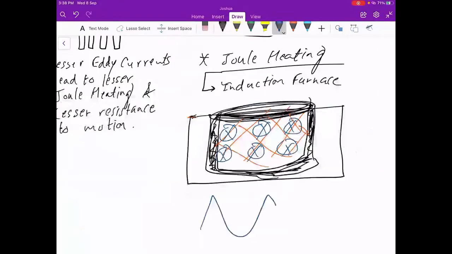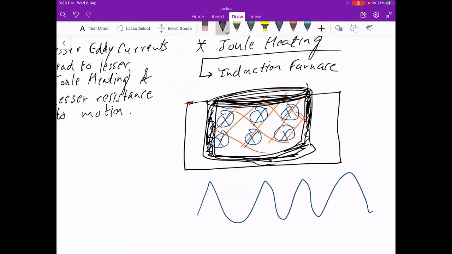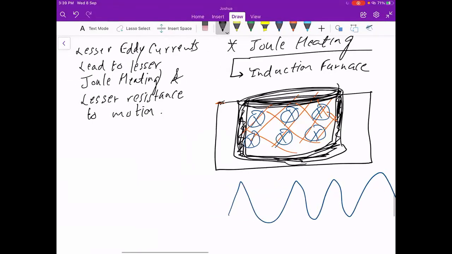Okay, that's for Joule heating. I mean, the induction stove that you have at your home, I mean, not you, anyone can have an induction stove. So that stove also works on this. I haven't read it, so I have assumed that it's an induction stove. So it has to be the same thing, most likely.